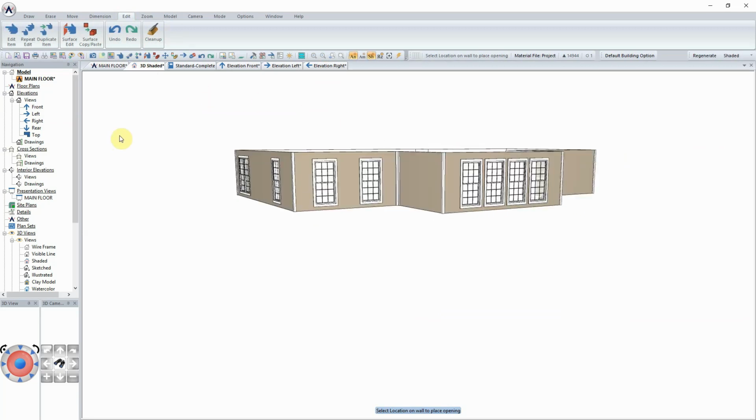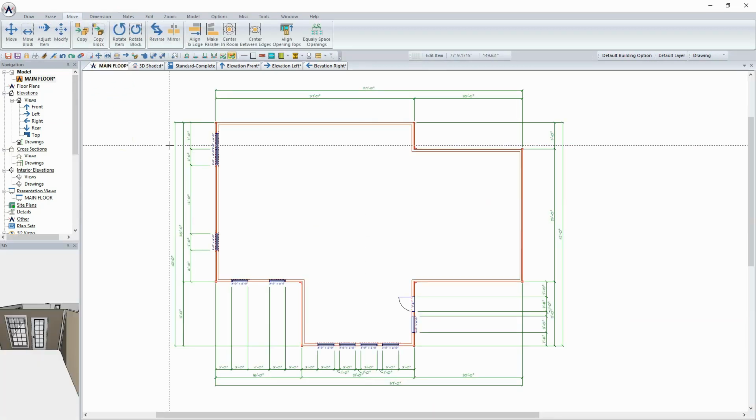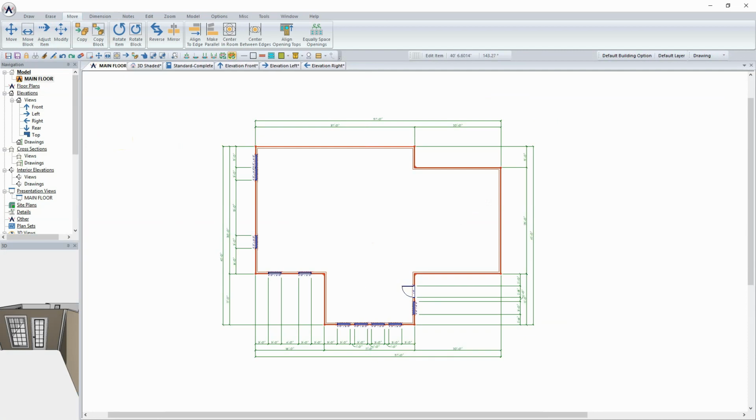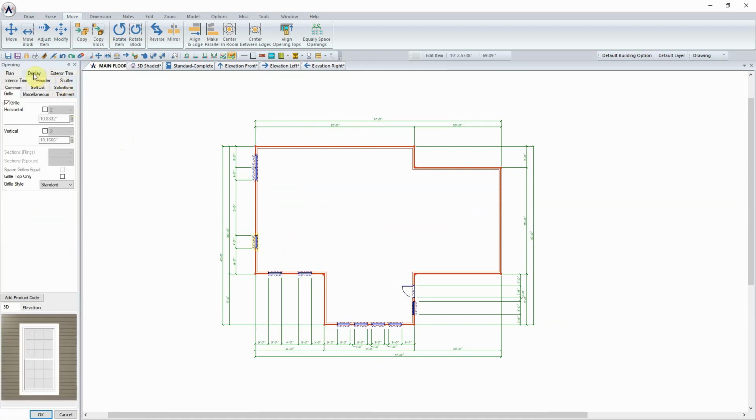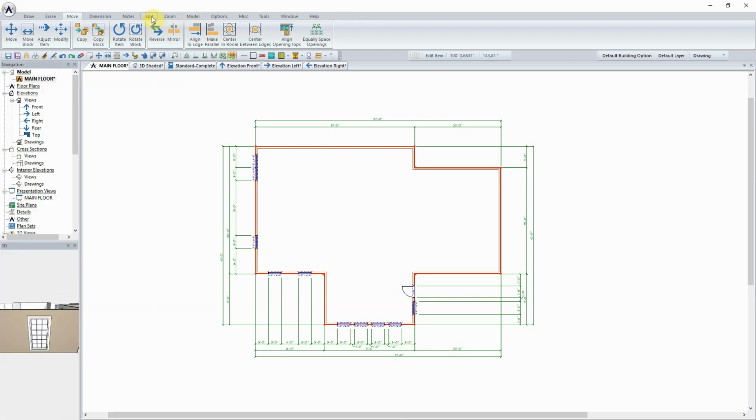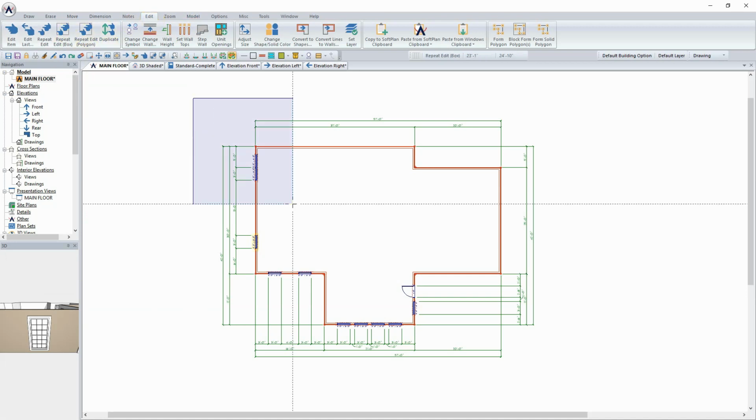So carrying on from here now, as I'm looking at the main floor plan, I'm just going to do a save on that. One thing that we want to do with these openings here is, if I edit this one last time, I'm going to select the Softlist tab. These windows are existing, so I'm not interested in doing a res check or a Softlist calculation on them at this stage. I'm going to click OK on that, and then using Edit, Repeat Edit Box,